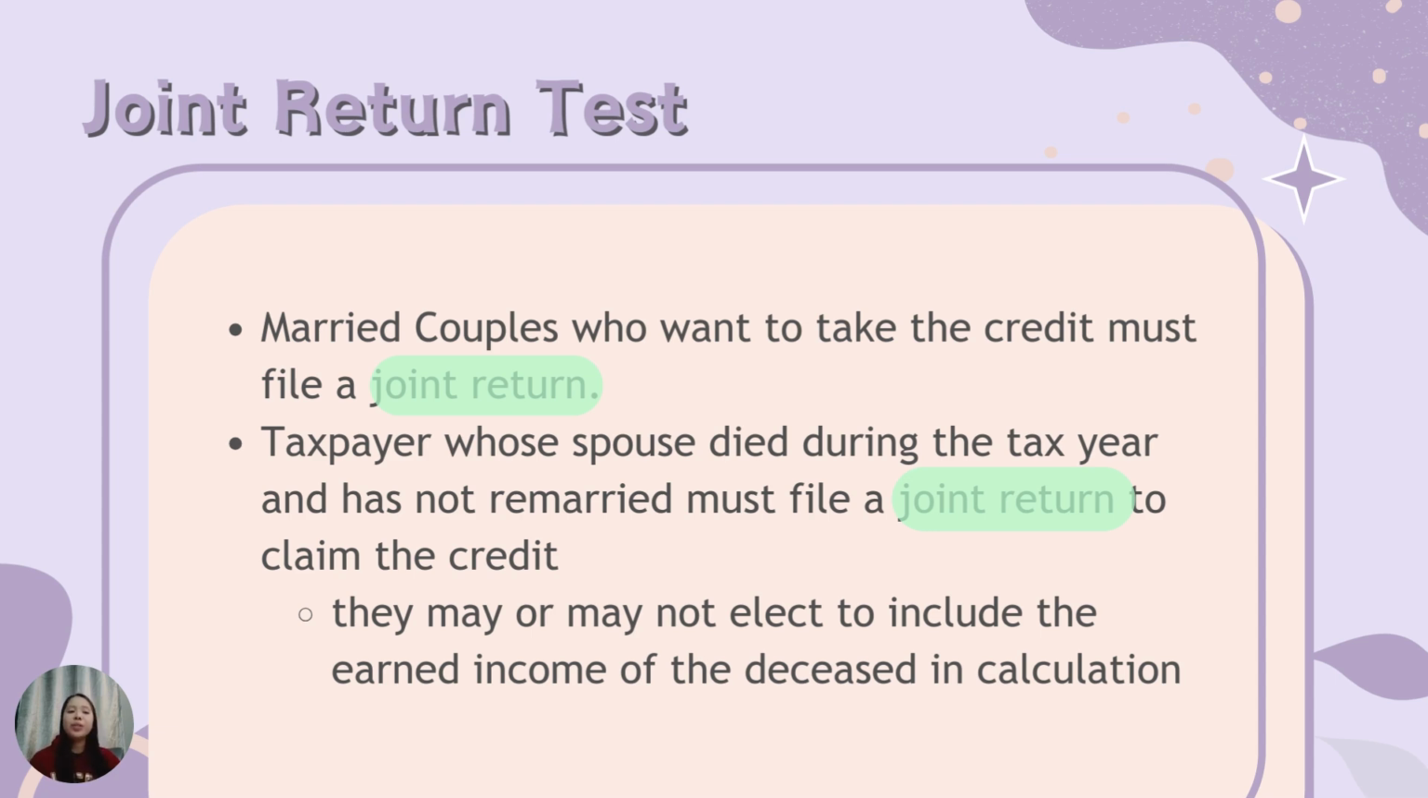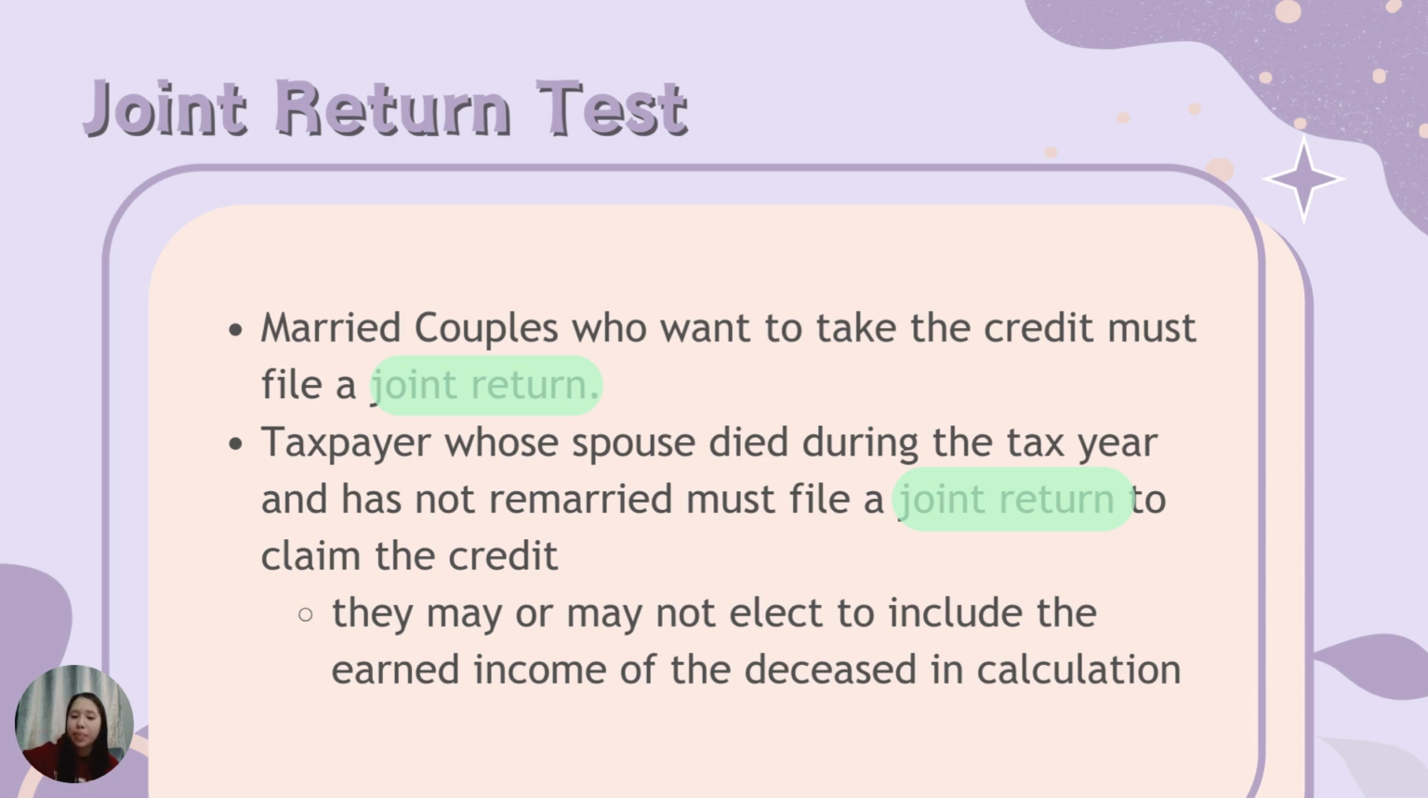Okay, the joint return test. So married couples who want to take the credit must file a joint return. So this means you can't be married filing separately and be eligible for the credit. A taxpayer whose spouse died during the year and is not remarried must file a joint return in order to claim the credit. And in this case, they may or may not elect to include the earned income of the deceased in their calculation to dictate whether they get 20% or 35%,